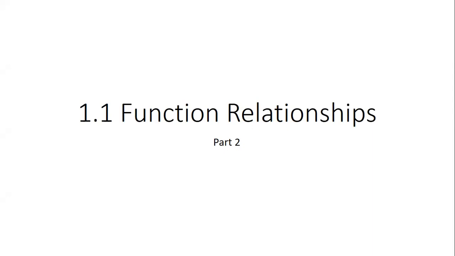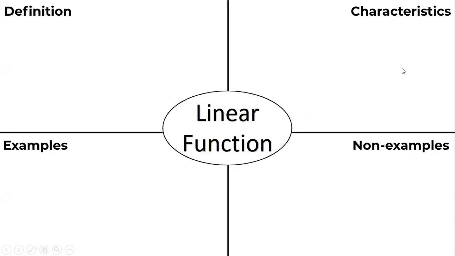All right, so to do that, we're going to kind of define them, what they are, starting with our linear function, okay? So in your notebook, you can do it horizontally, vertically, however you want, but you're going to create what's called a Frayer model in your notes, okay? All right, on page 3, exactly. So on page 3,